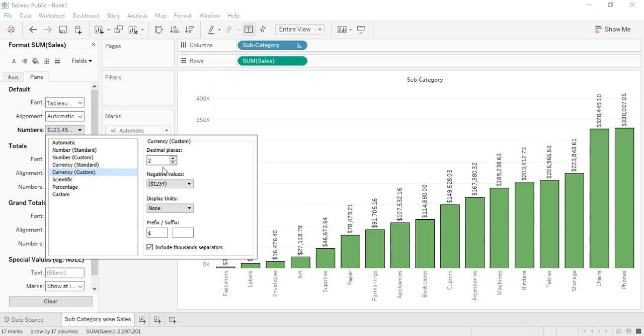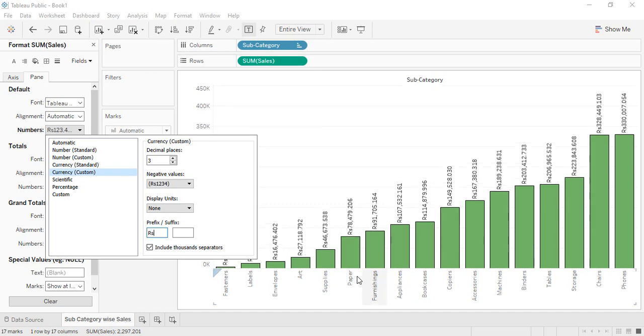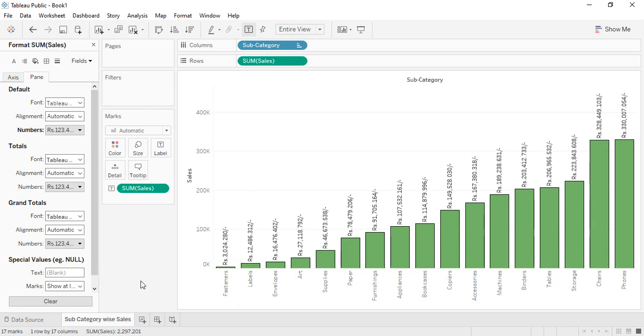However, if you want a custom currency, you can select that, like I want it to 3 decimal places. I don't want any negative values, and instead of dollar, I can get the RS symbol for rupees. Put a dot. If you want a suffix, you can add a suffix like this. All of this you can do as per your choice. These are the different things available that you can select. Now these formatting options need to be looked at in detail, because there are a lot of things that could be resolved while working with these formatting options alone. So we would be looking at all of them in detail in the upcoming videos.